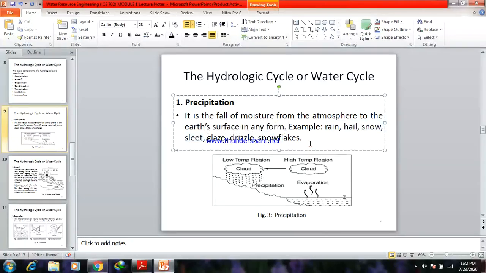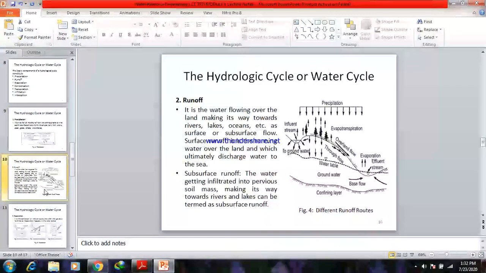The water comes, and that process is called precipitation. Precipitation simply means the clouds converting into rainfall or snowfall, whatever. Okay, that is called precipitation. Next is